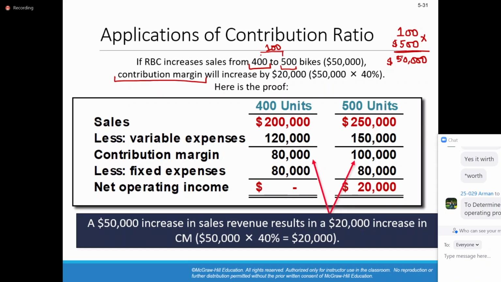From the previous calculation, we have learned that our contribution margin ratio is 40%, as long as our sales price and our variable cost per unit remain constant. Okay. So if we multiply our incremental sales 50,000 by the contribution margin,